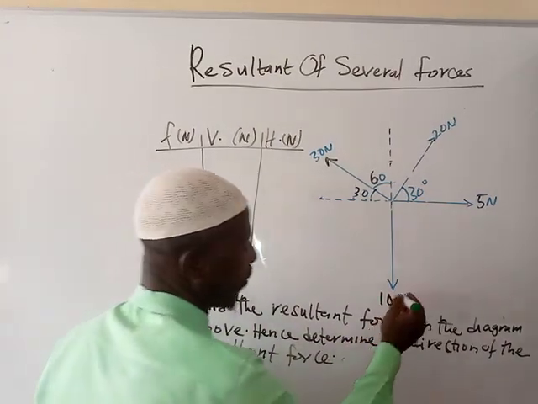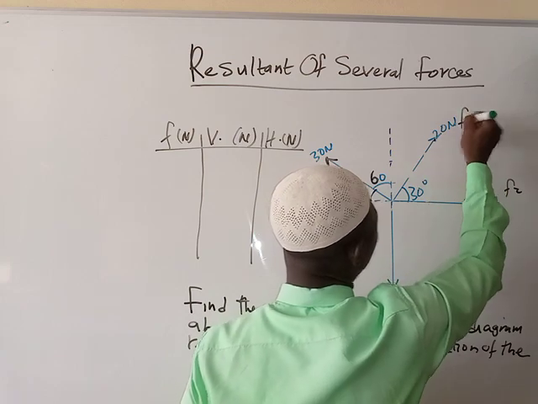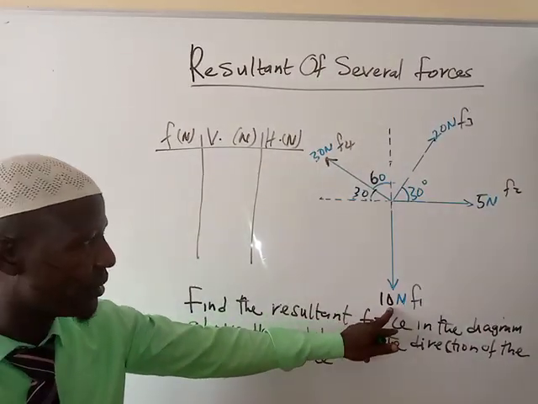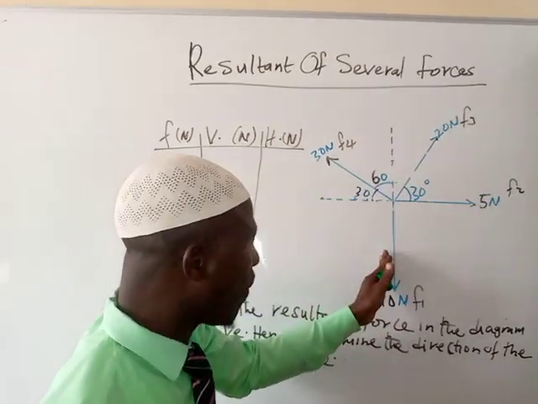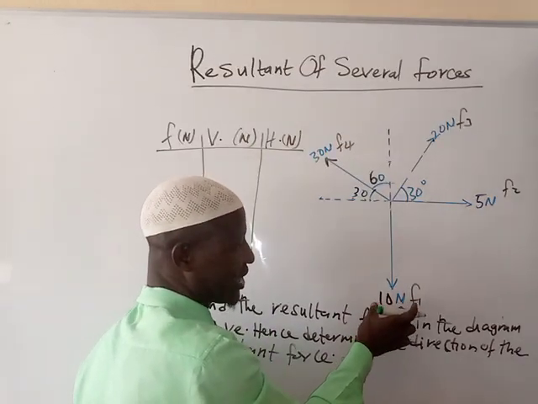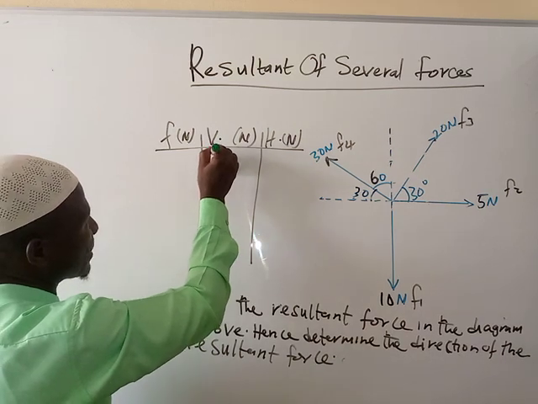If this is our F1, then F2, F3, then F4. Now let's start from F1, that is 10 Newton. This 10 Newton is vertical component, but it's negative. So we are going to write it with that negative. So in that case, we go to vertical, we are going to write minus